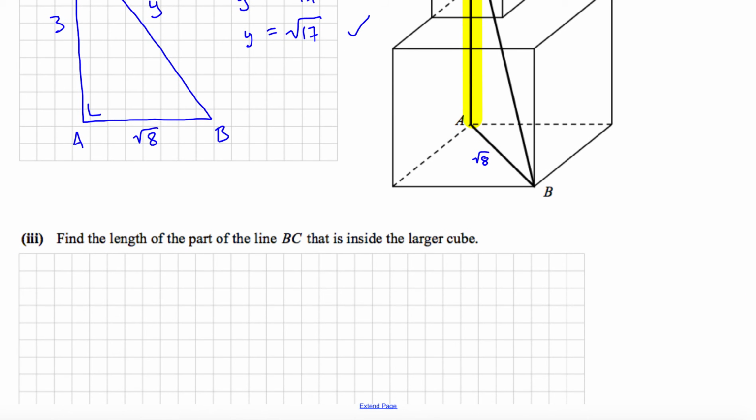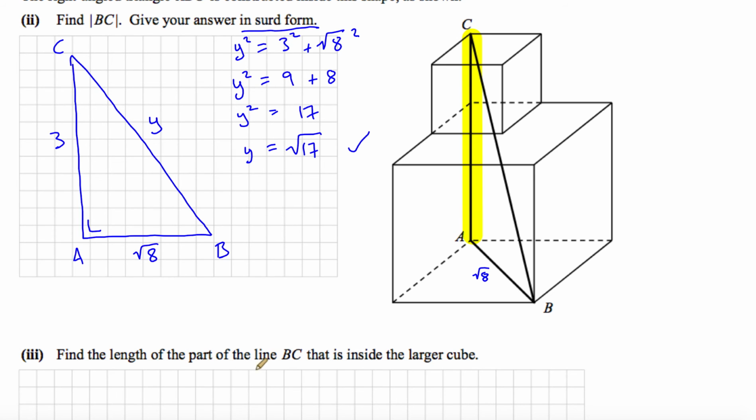Okay, part 3 says, just leave the diagram in view, find the length of the part of the line BC that is inside the larger cube. So part of the line BC will be inside the larger cube. Okay, so the part of the line BC that would be inside the cube would be, if you can imagine from this point here, if you drew a line across until you hit line BC like that. In other words, from here, if you drew a line across until you hit the line BC there, we want to know then